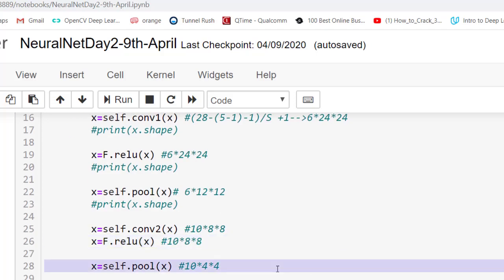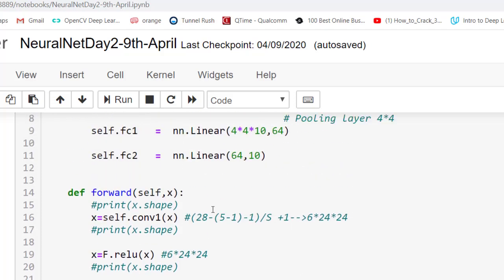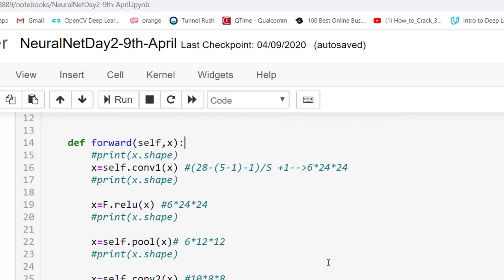Then the max pool is going to make it 10 by 4 by 4. So at this point, the X will look quite different from what we had passed. The X at the input looks like 4, the number of batches, by 1 by 28 by 28.